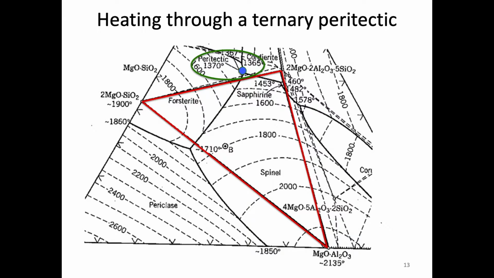All right, so the first thing that I want us to look at is the region that we're in. Here I've highlighted composition B, and the region I'm in within this compatibility triangle. If we look at the phases involved in this compatibility triangle, we see forsterite, safrine, and then also spinel. So it lies within that compatibility triangle. But the invariant point for those three